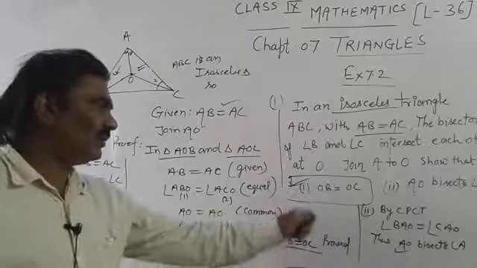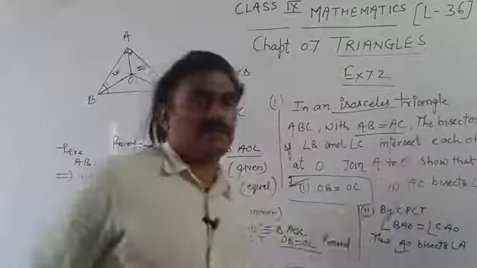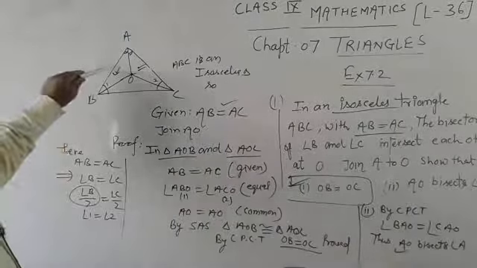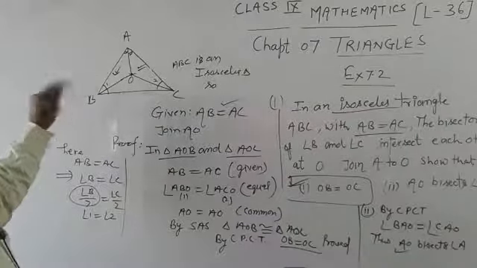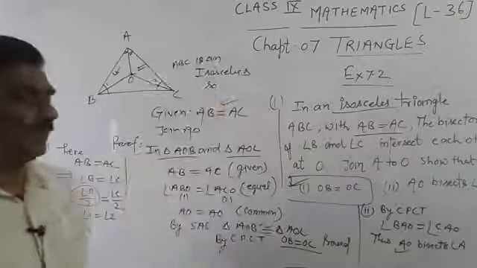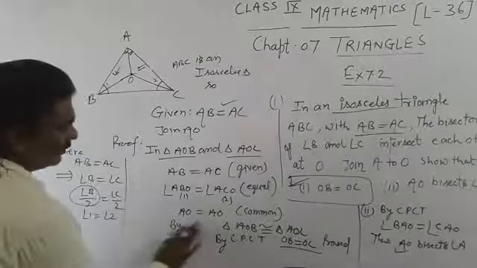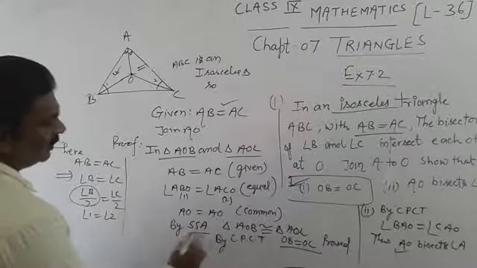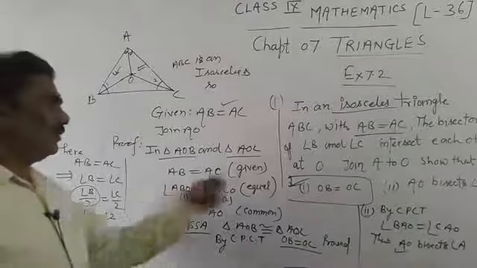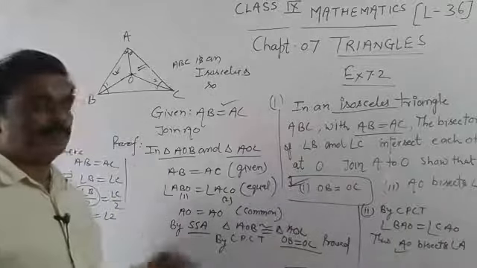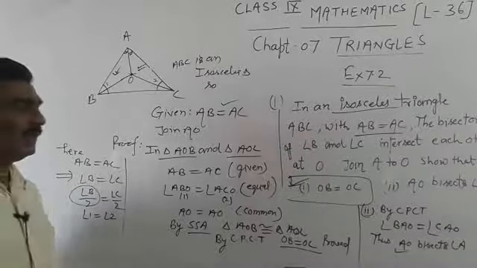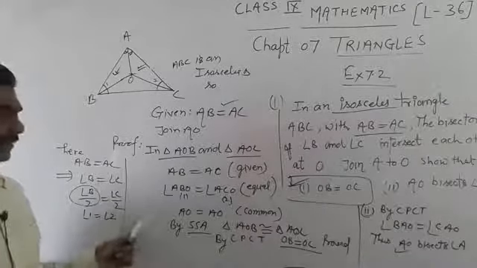So students, here we have proved both the parts of the question. First OB is equal to OC, and second AO bisects angle A, with the help of congruency of two triangles criteria. Here we see that two sides of the two triangles and one angle is same. So we can say side angle side. By criteria, we have proved two triangles are congruent. So both the parts have been proved. So this is the proof of the first question. So students, I hope you have understood, and now write down.